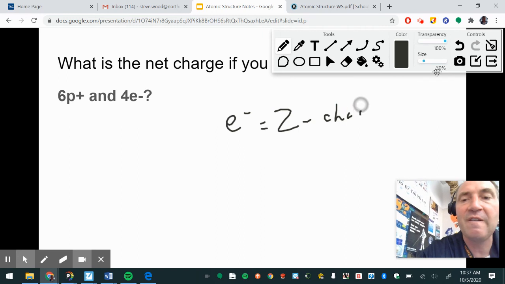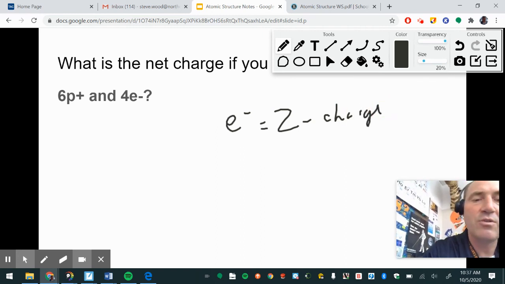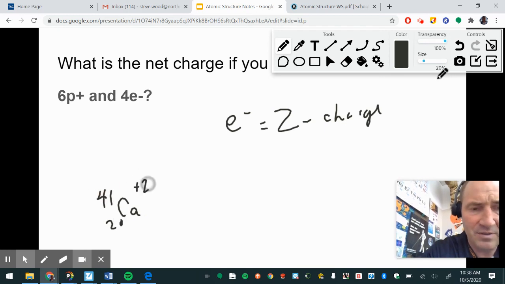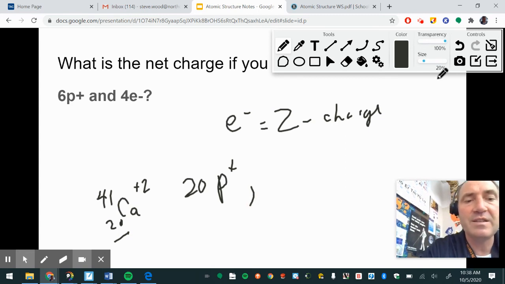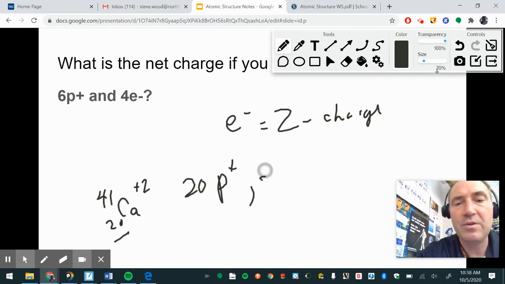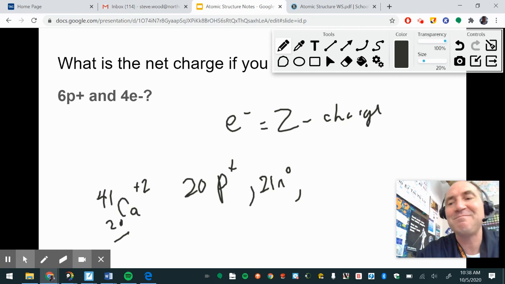the charge. So let's say that you have calcium and it's 20, and let's say it's 41 and it's +2. To find the number of protons, it would have 20 positive protons because that's the number of protons. The number of neutrons is A, the atomic mass, minus Z, the atomic number, so you would have 21 neutrons. And the charge,